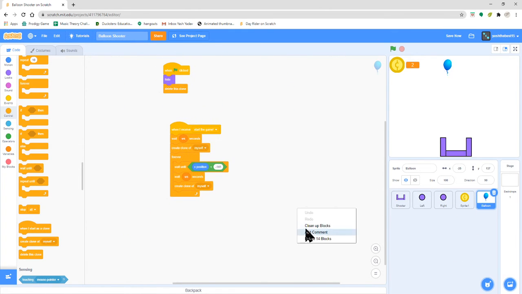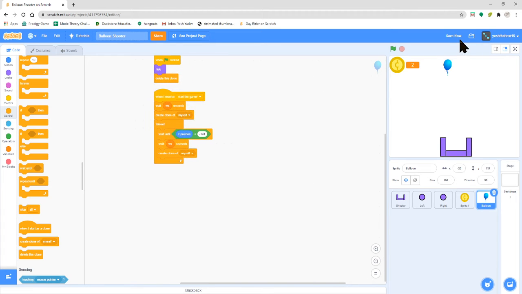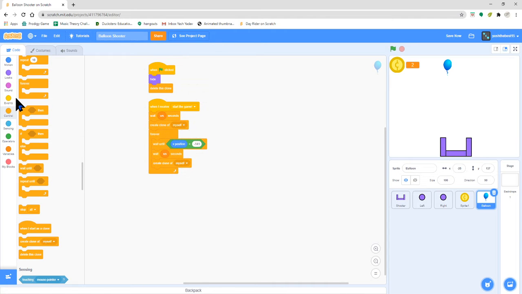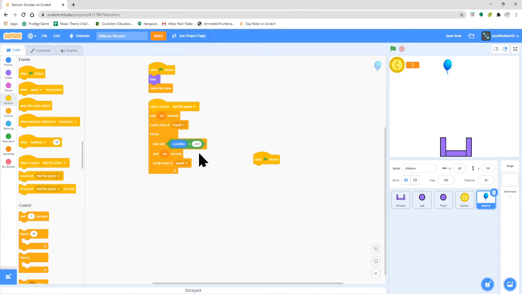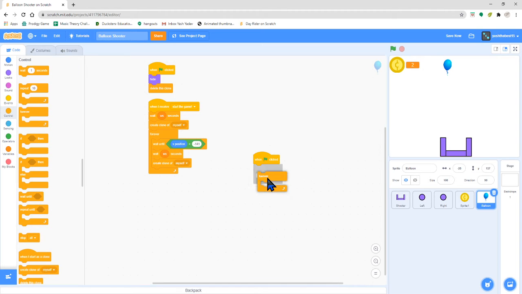But yeah. So now we need to make this move. So what we can say is, we can just say simply, but this is complicated. This determines how many seconds. So I'm going to say when green flag clicked, forever,